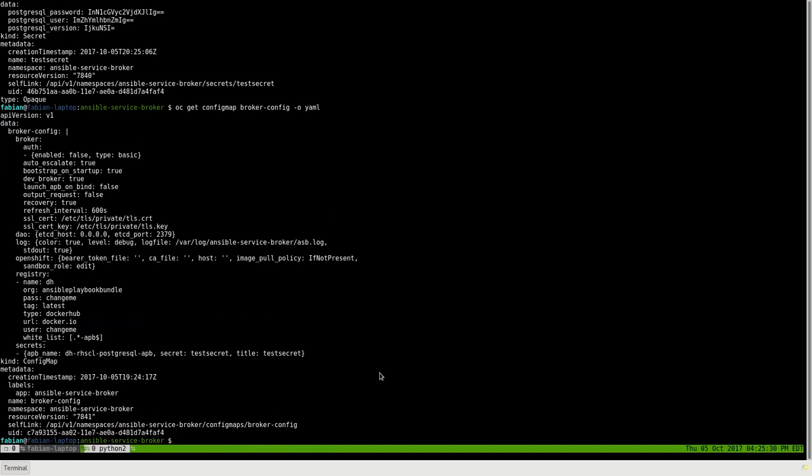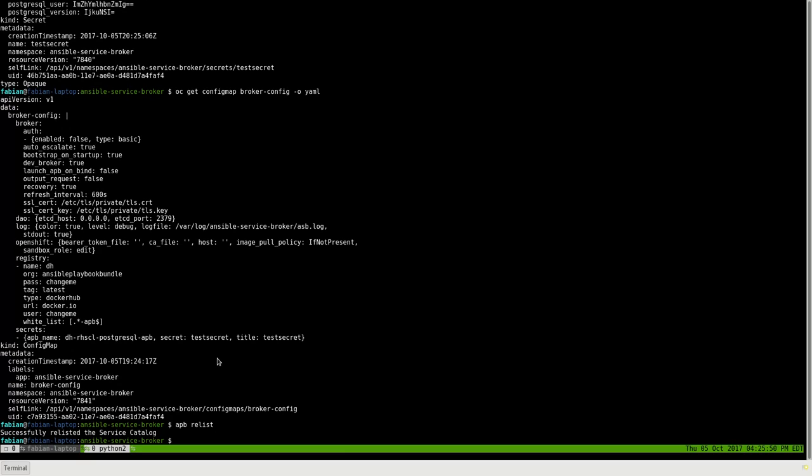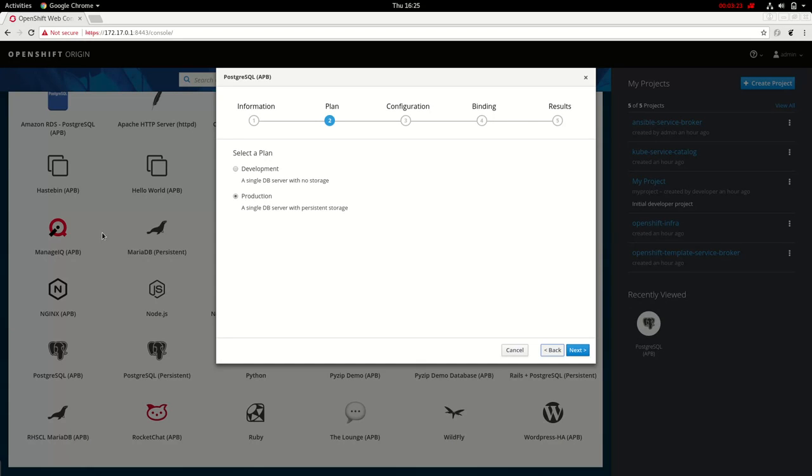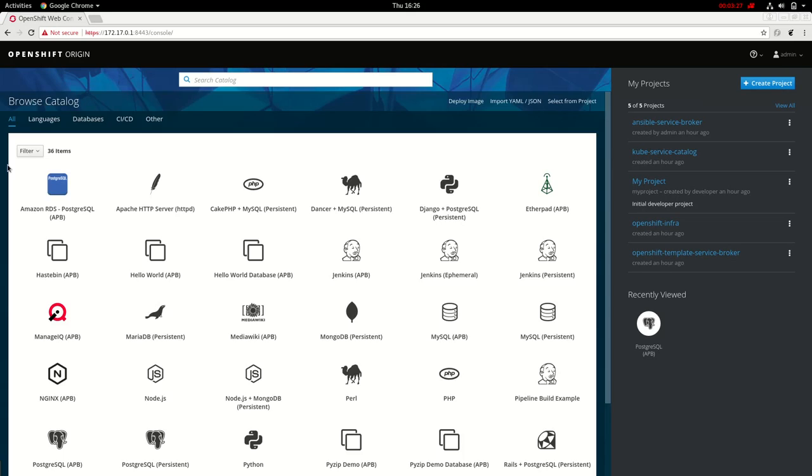So if we look here, we've got a config map and data broker config, and then it added this new section here called secrets, and it added a rule here that will associate the RHSCL PostgreSQL APB with the test secret that we just created. So now I'll just tell the catalog to refresh its list of APBs, and now if we go back here and we refresh,